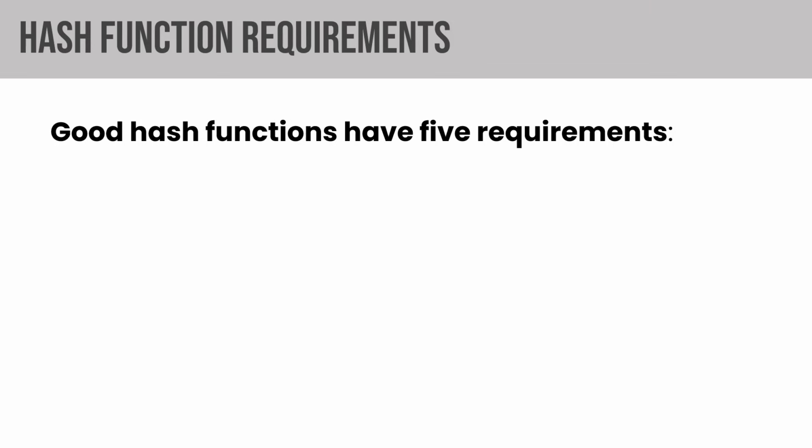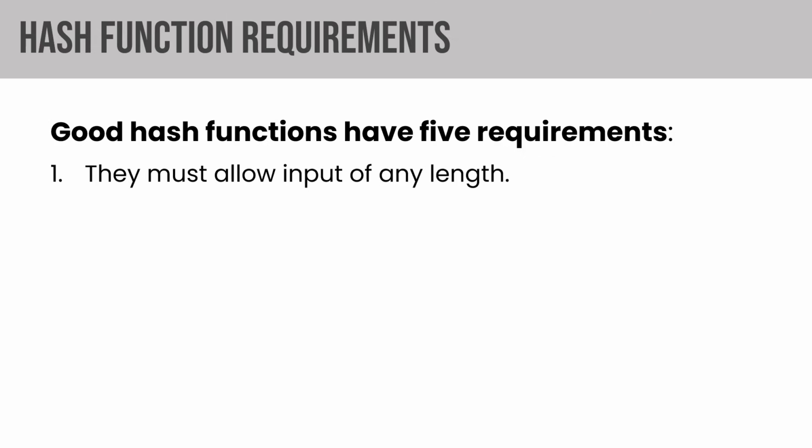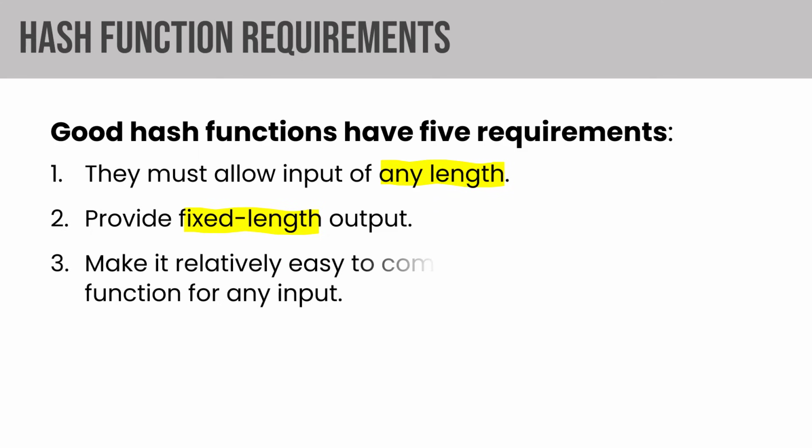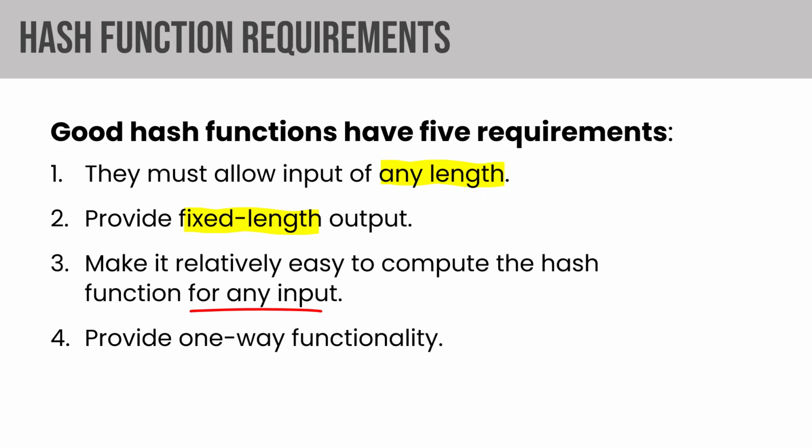So hash function. A good hash function has 5 requirements. It has to allow input of any length, and it has to provide fixed length output. That is to say, no matter how long the input, the output must always be the same length. The hash must always be the same length. It has to make it relatively easy to compute the hash function for any input, so it needs to be relatively fast in that respect. It has to provide one-way functionality. In other words, it can't be reversed. A hash function that's easily reversed, a two-way functionality, would not be so simple. And it has to be